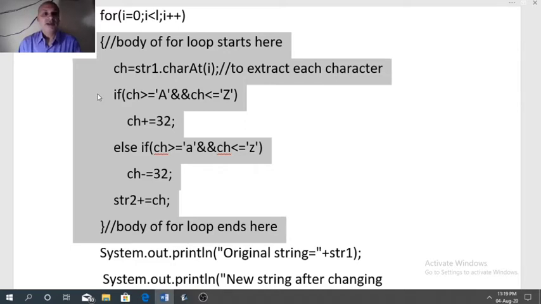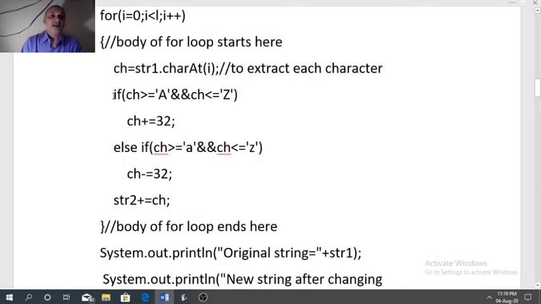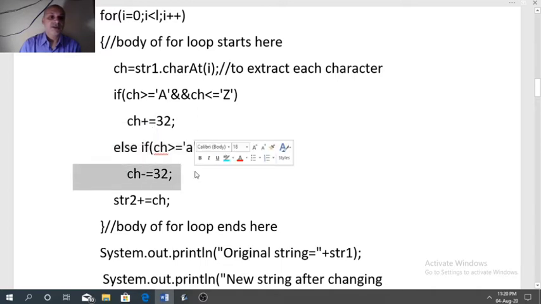From the given string, we need to extract each character and then apply the logic on the characters. Uppercase will change to lowercase, lowercase will change to uppercase, and if the character does not belong to a letter, in that case the if will fail, so this line will not run. The else if will also fail, so this line will also not run.